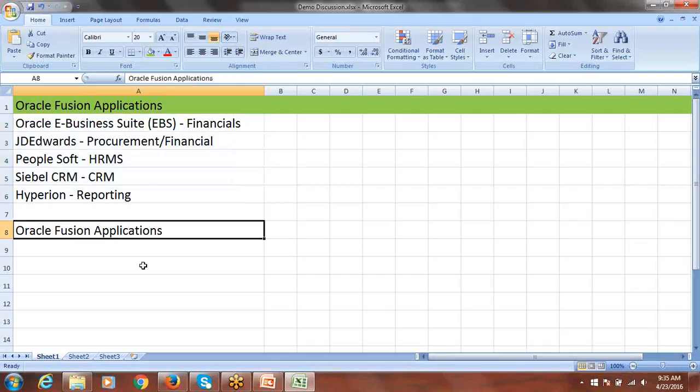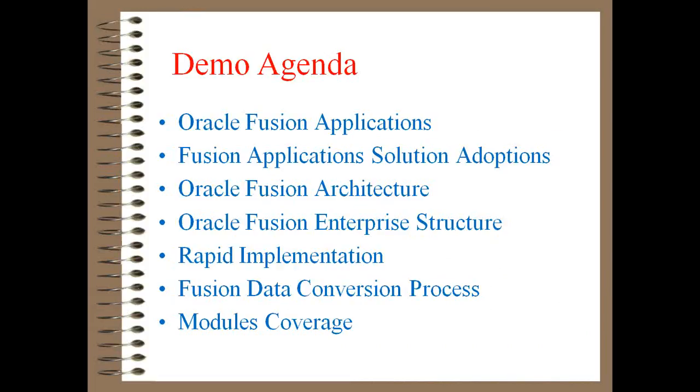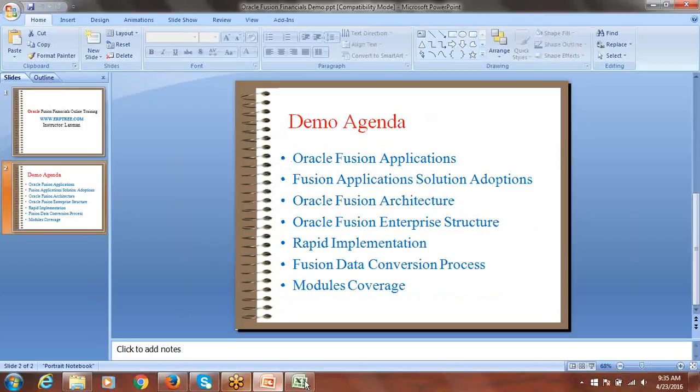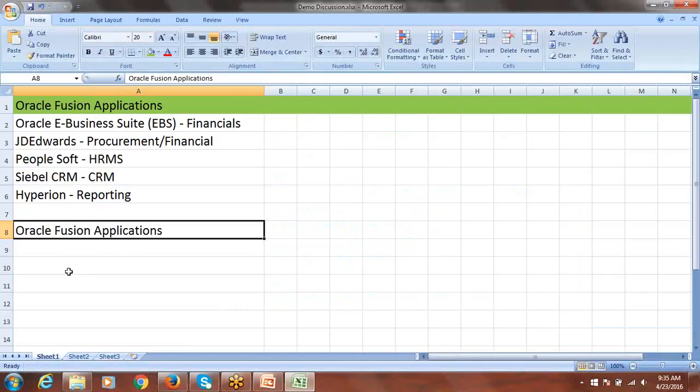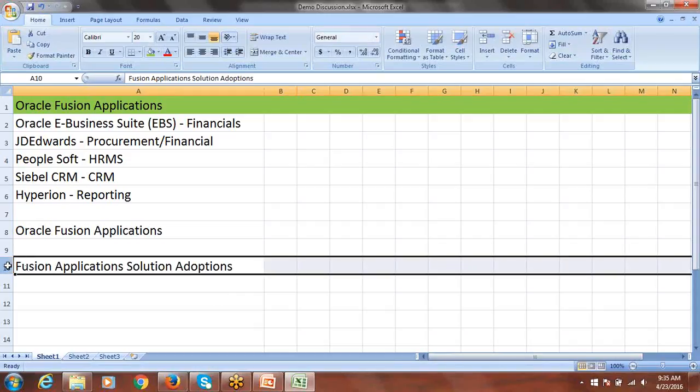Okay, the next point. Fusion applications solution adoptions. When you talk about these solution adoptions, fusion applications solution adoptions. So when you talk about